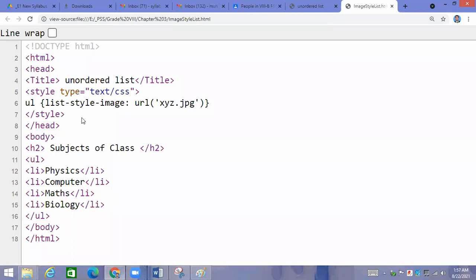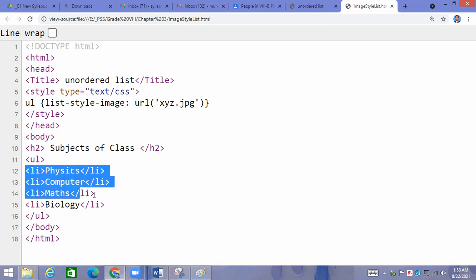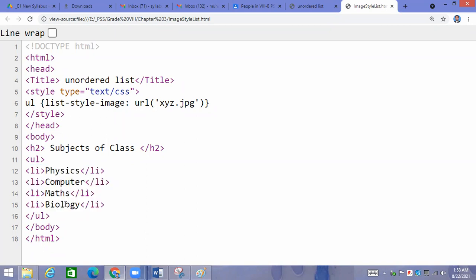And then for the image list, we are using this image to make the list. And over here we have mentioned li. Li means list item: physics, computer, maths, bio. So wherever we have used it, this image will appear. It will be displayed with these subject names, as we have mentioned over here. This point is clear now.